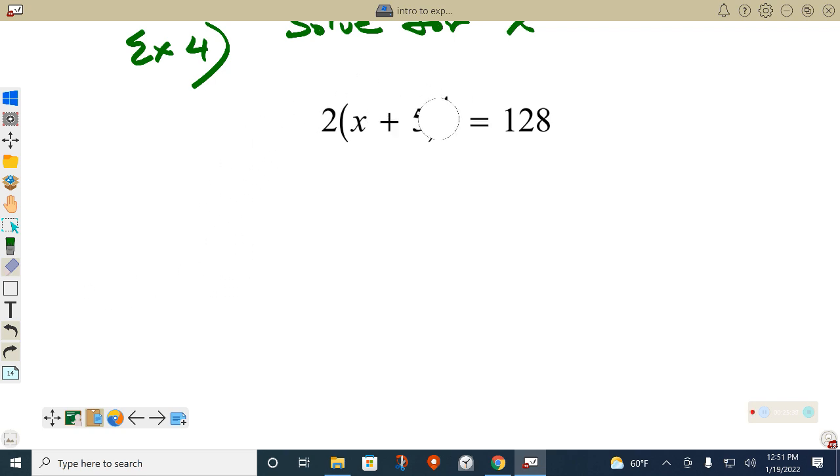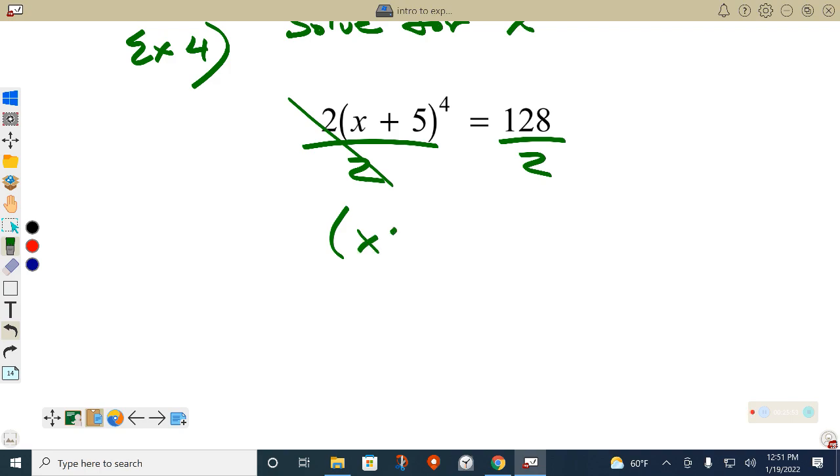Watch this. Whatever I do to one side, I do to the other. Remember when we talked about the scale balance? I was doing all kinds of stuff to both sides with your favorite numbers. Watch this. Gone. X plus 5 to the 4th